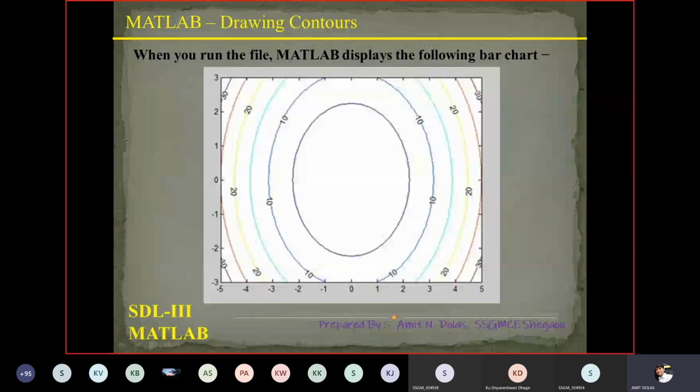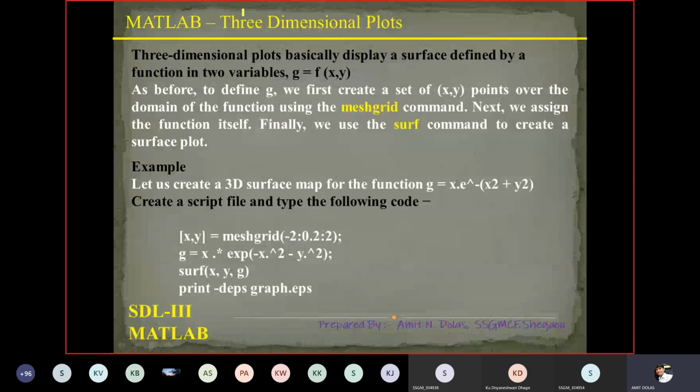Then this is more interesting, that three-dimensional plots basically display a surface defined by a function in two variables, that is g is equal to f of x comma y. So we have to take x y along with data, so we have to use meshgrid, of course.